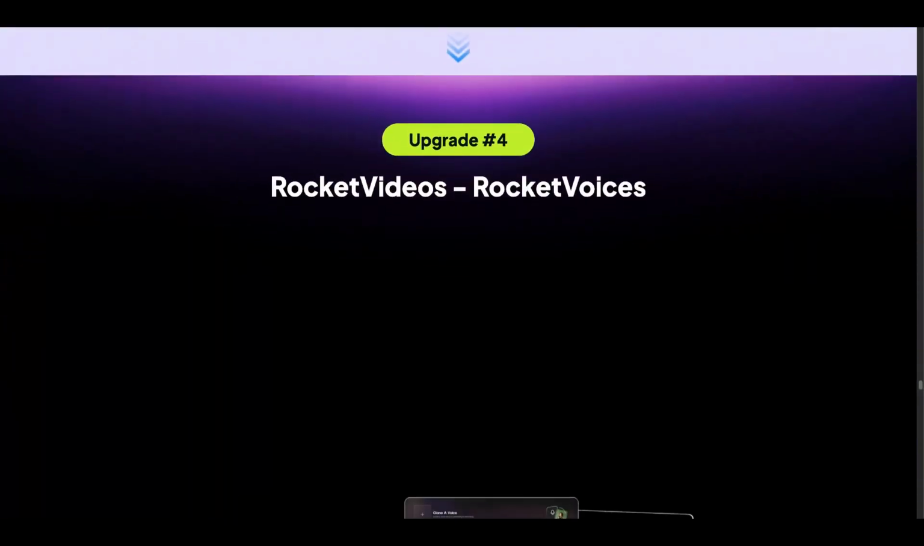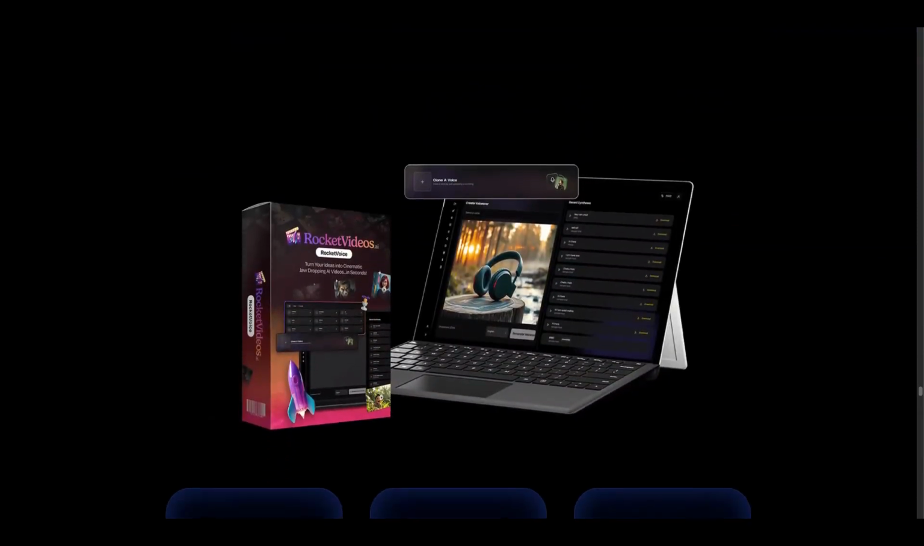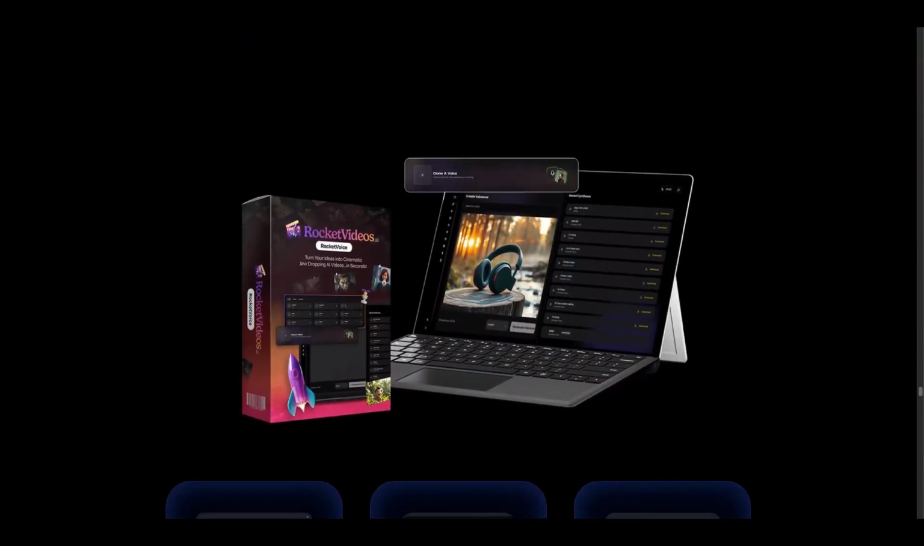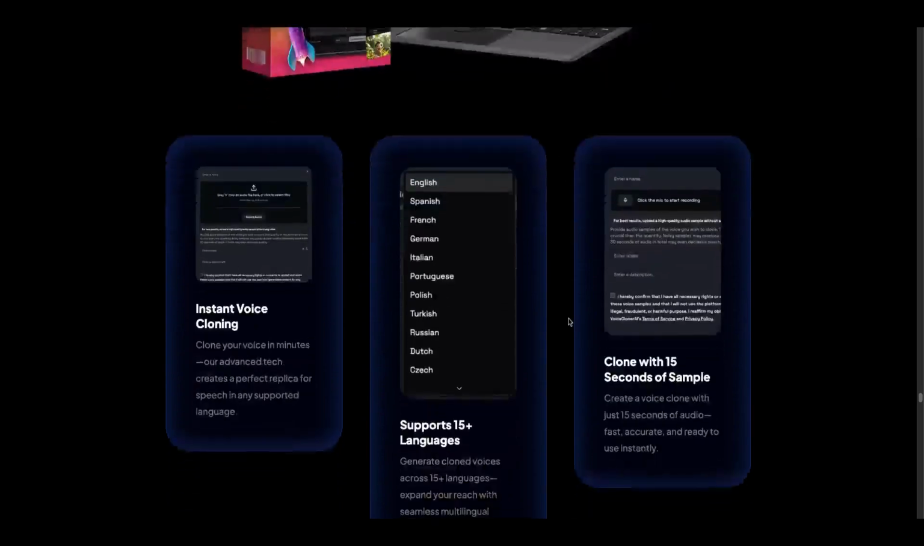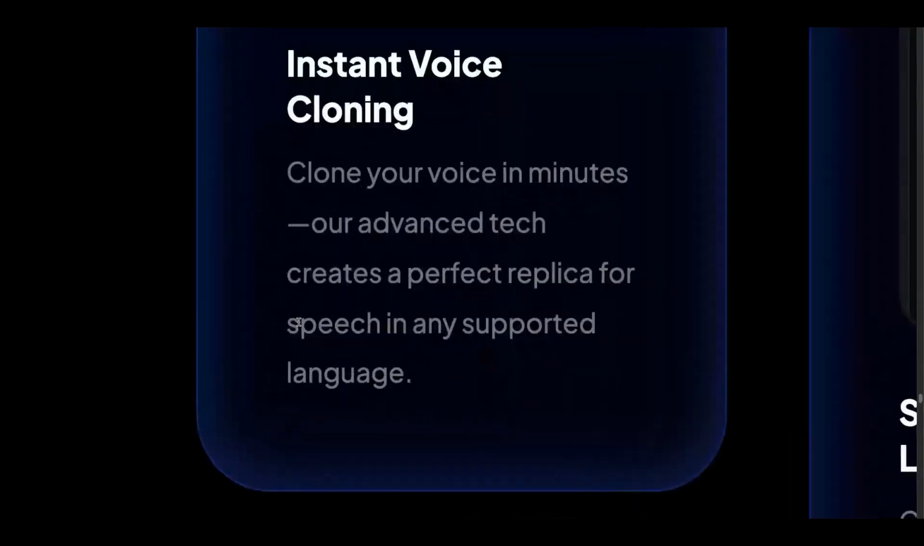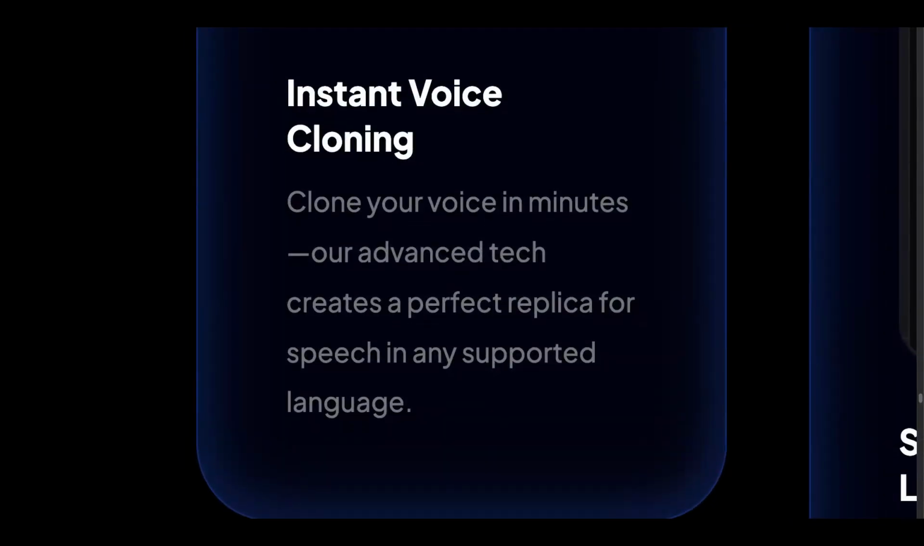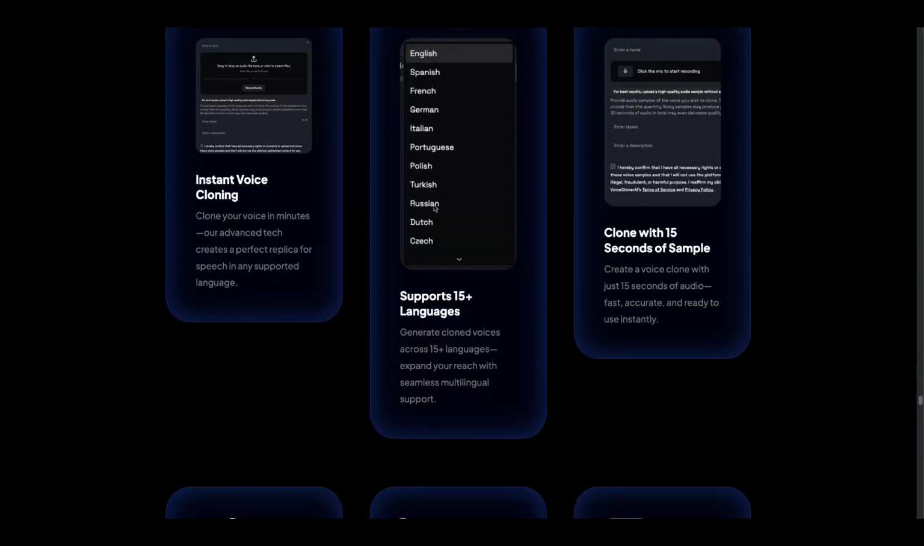Also, Rocket Voices, which is a separate module as well, where you can basically clone your own voice. So you upload a 30-second part of your voice, or you simply click on record and it will record your voice and it will create a clone. You can insert a script and it will deliver a voiceover for you in your voice, or you can choose from a huge library of voices where you can also have text to speech